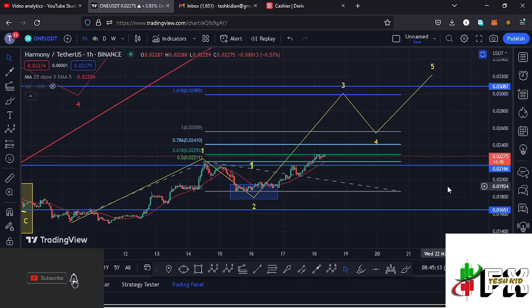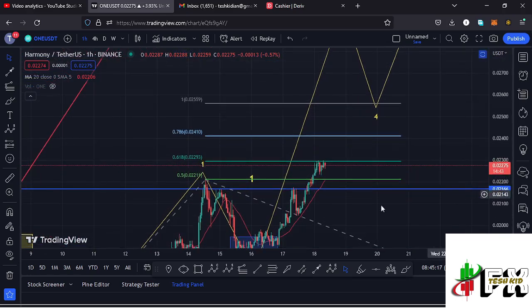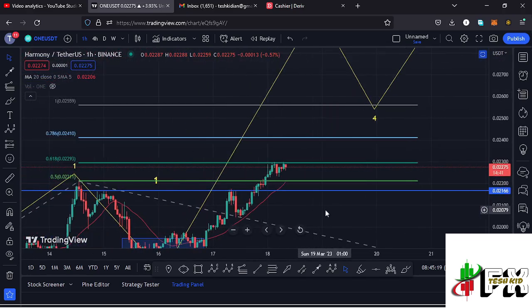And for us to fully maximize our target area, there are key moves that we need to continue watching over here, and the first one is that we need to continue holding above the 20-day MA, both on the 1-hour chart and also on the 4-hour chart, and we also need to continue holding above our key area of support at around the $0.02166 mark. And as long as we have those key areas of support, then we have the support that we need for us to continue gearing up,